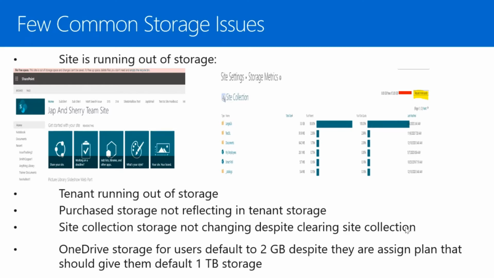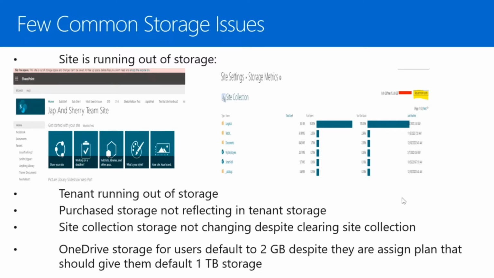Now, the next common issue that we often come across is when a tenant is running out of storage. Again, there are two ways to get around this. First, the obvious one: delete unwanted sites or items in the large sites. And how do we find large sites? We can look at the reports that we looked at a while ago and figure out what can be deleted so that storage is cleared out. Or else the other option is obviously to purchase additional storage, if clearing is not helping out. And that brings us to the next